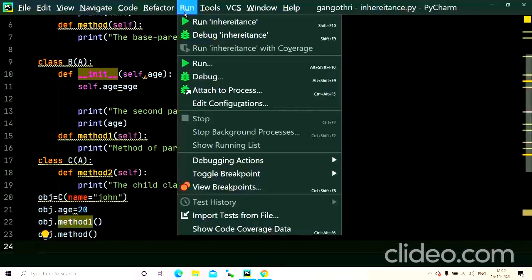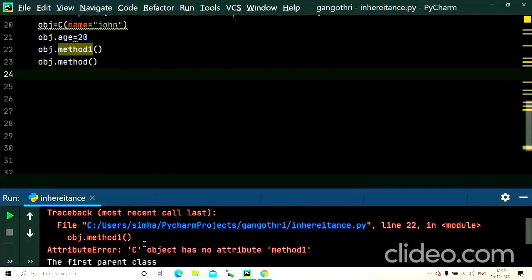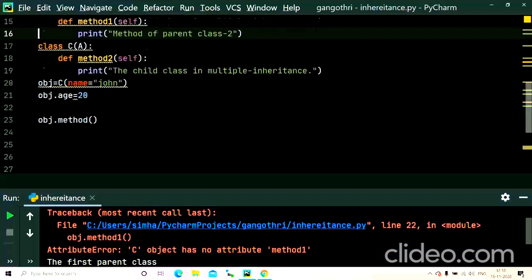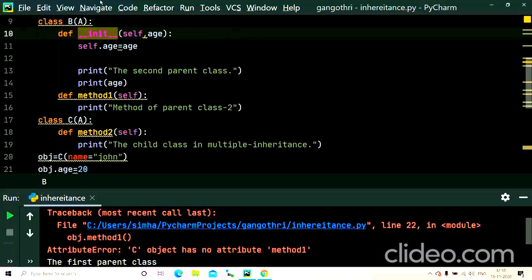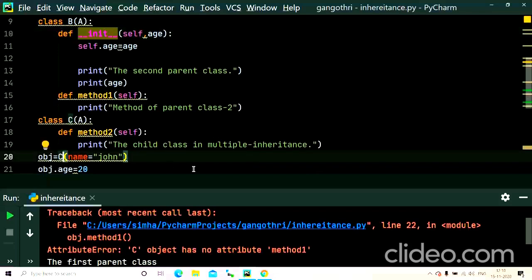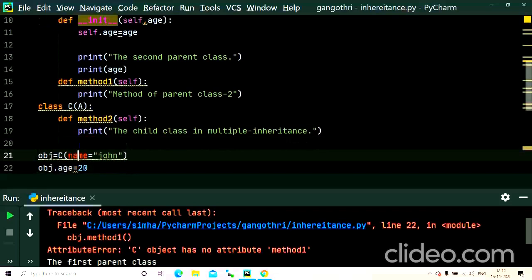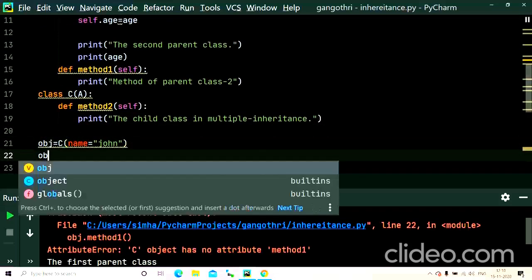Let us go and run it. Let us see if it works or not. Yeah, we got an error. C object has no attribute method 1, right? So we cannot work on methods of class B as we haven't inherited the properties of class B to class C, right? But we have created the object for class C. Now let us also create the object for class B. We have to work on two child classes, right?